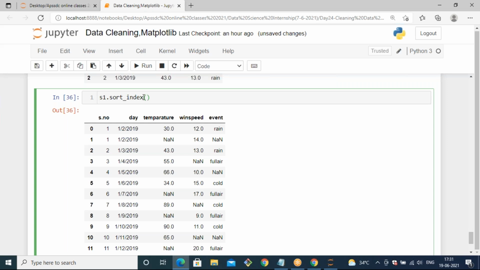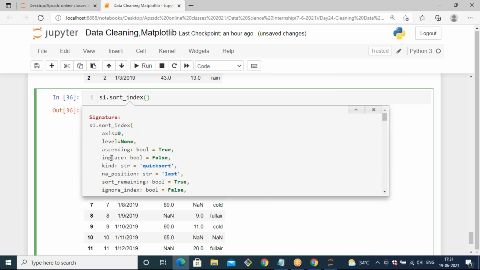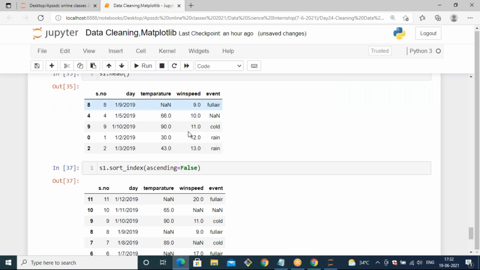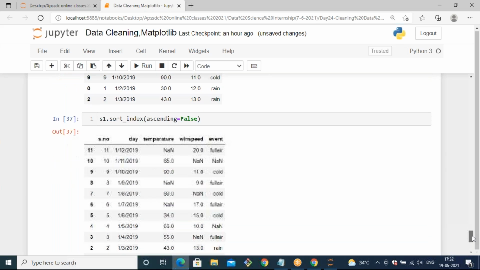Basically, it also has the parameter ascending, which is true by default. There you can observe ascending is by default true, so that it will generate the sorting in ascending order. If you want to generate the sorting in descending order, you can pass the ascending parameter as false, then it will generate sorting in the format of descending.